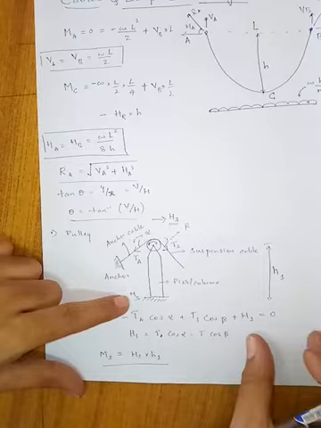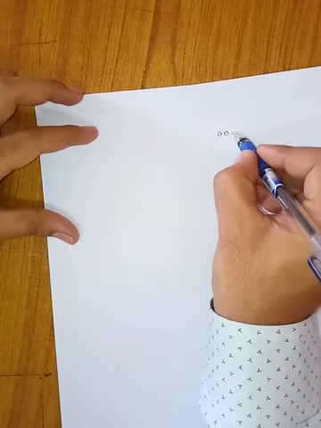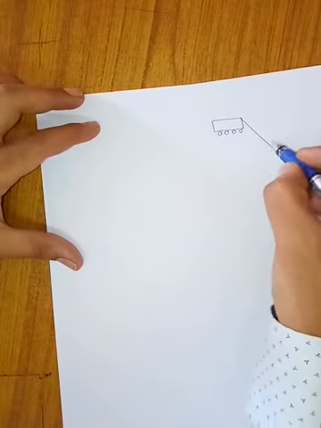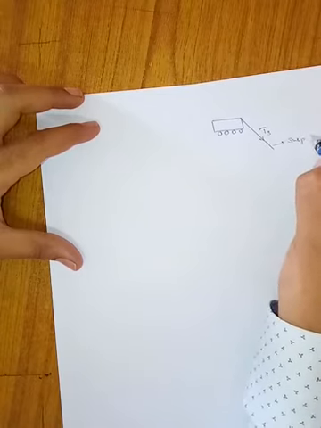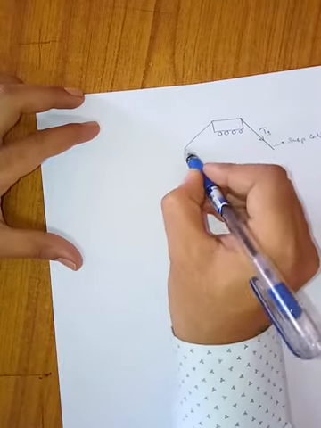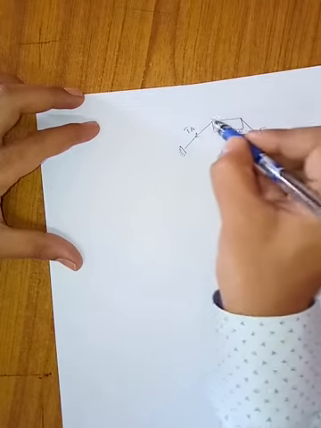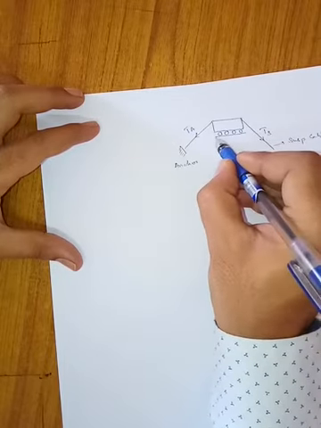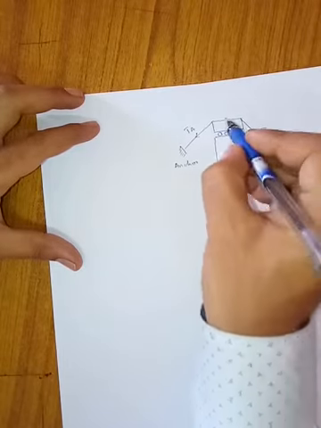Now another type of support is the roller support. We know how to denote rollers. Roller over here, and then there is a supporting structure. Then this is the suspended cable, TS, and on the other side you have the anchorage cable. The tension in the anchorage cable I will denote with TA, anchor. This is the support, so it has a support like this. This is a column. This is a roller support.